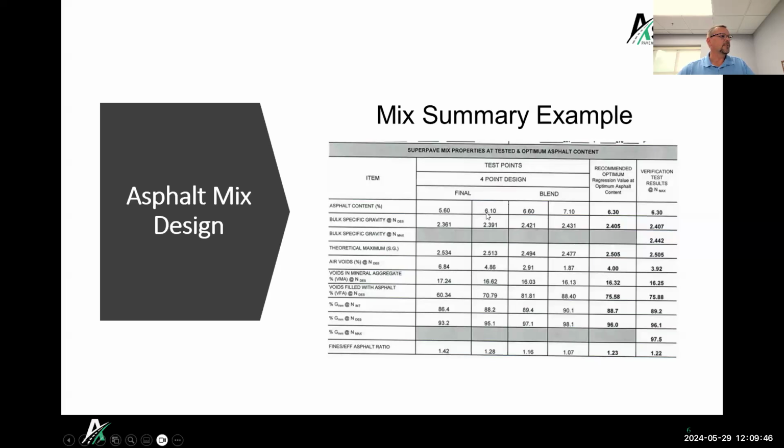You can see it's somewhere between 6.1 and 6.6. The 6.1 is 4.88. At 6.6, our air voids goes down to 2.91. So our recommended optimum here at 4% is 6.3% asphalt content. That's how you go through what we call a 4-point design.